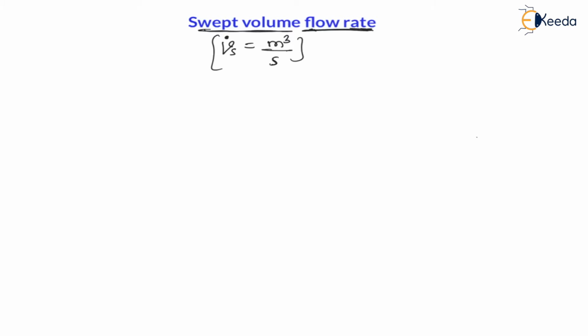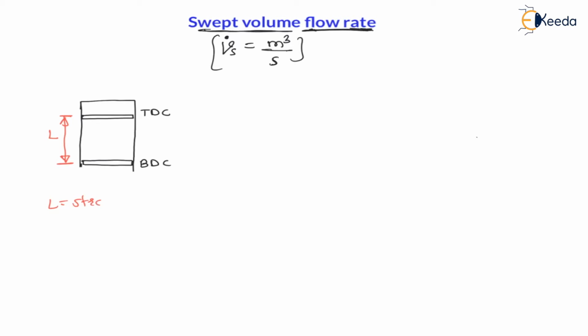Now let us understand, let us say there is a piston cylinder assembly. Let us say this is a cylinder. Inside this cylinder the piston is reciprocating between two dead centers. This is the first dead center of piston, that is top dead center, and there is another dead center of piston, that is bottom dead center. Between these two dead centers piston is continuously reciprocating. Therefore this distance between top dead center and bottom dead center is called stroke, that is represented by L, where L is nothing but stroke,